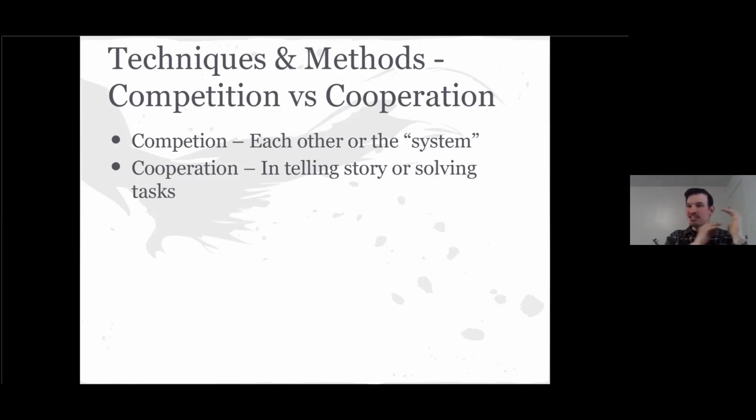Whereas they don't fight each other, which was what we wanted to try to avoid, so that they would have more conflict resolution from a creative side, whereas some conflicts might not be able to be constructive and positive. They need to be combative, like when fascists try to kill you or your friends. And again, that competition can be in many ways between characters, or between players, and between a player and a group. Cooperation, on the other hand, is when you cooperate in telling the story or solving tasks within the story.